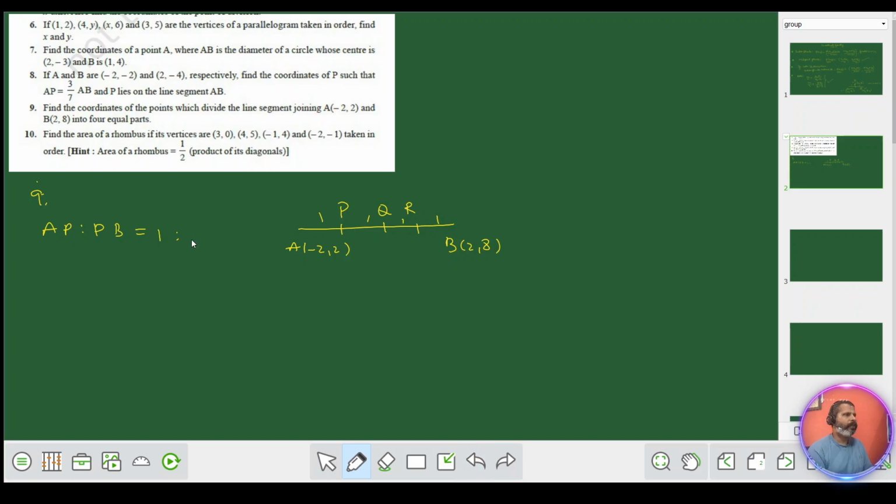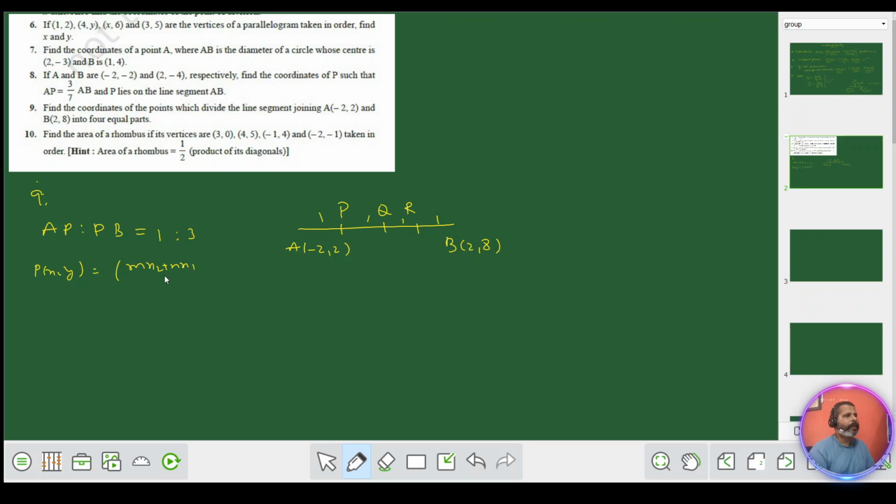1 is to 1 is 1, 1, 3. Okay. Now we want to find P right here. So you have to apply the section formula such that A and B are the end points. P, we want the coordinates of the point. Okay. So P of xy equal to